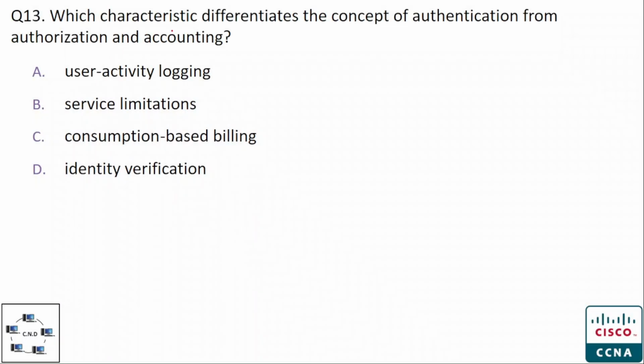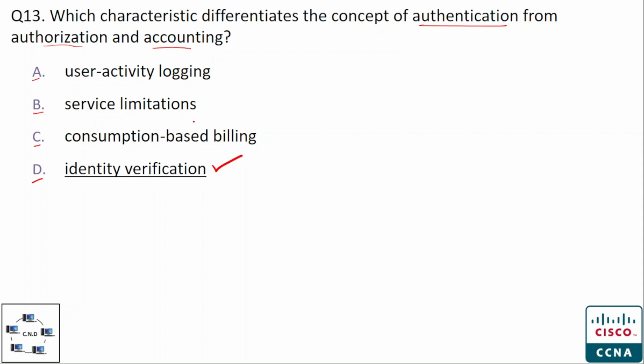Question number 13. Which characteristic differentiates the concept of authentication from authorization and accounting? And the options are option A, user activity logging, option B, service limitations, option C, consumption based billing, and option D, identity verification. And the correct option is that authentication is different from authorization and accounting because authentication is